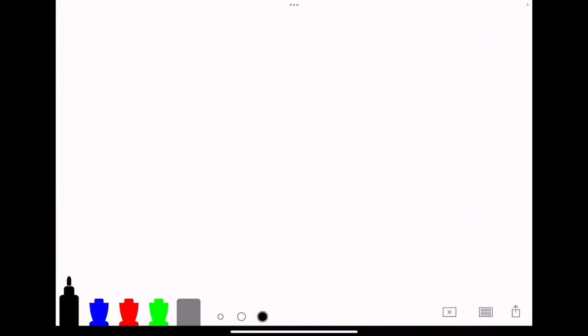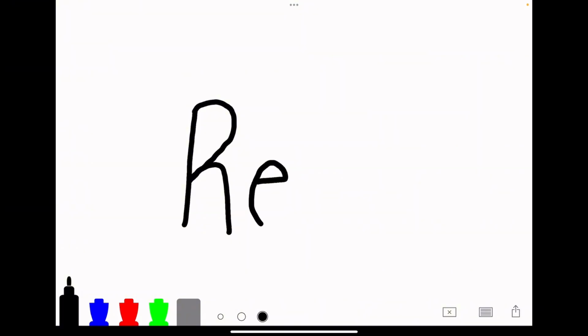So we know our first letter in the word red is R. After R, we have E. And after E, we have D. R-E-D spells the word red. Nice job, TTC family. So now we're going to move on and now write the word red 2 more times,